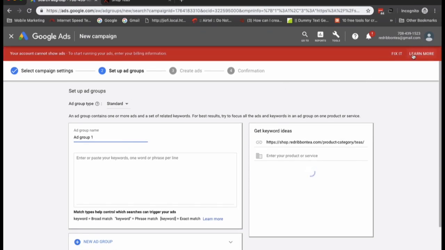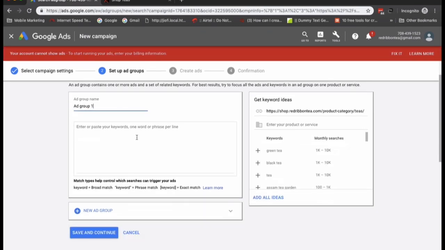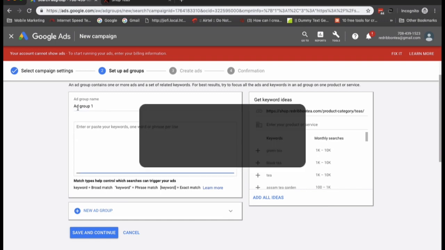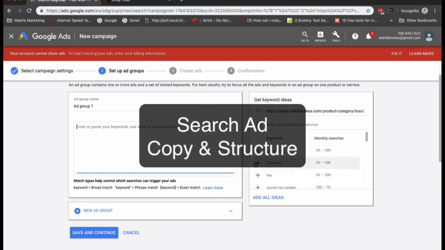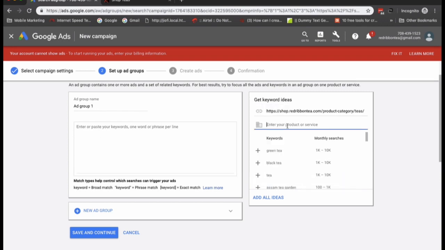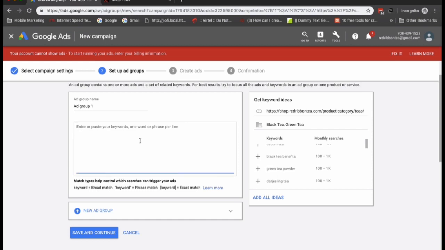So here is the opportunity to add the keywords. Leave the ad group name as the default, Ad group 1, and on the right hand pane you can see how you have different kinds of keywords being populated for your given business. So I'll just go ahead and add 4 or 5 keywords so that we'll proceed with the campaign. We already know how to use the different match types and how to come up with the keywords. So I'm just gonna add only the broad match keyword for this campaign.